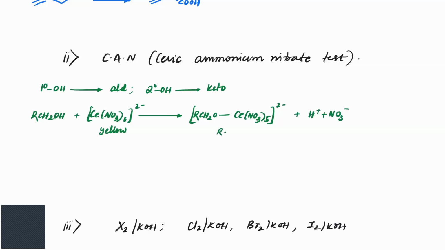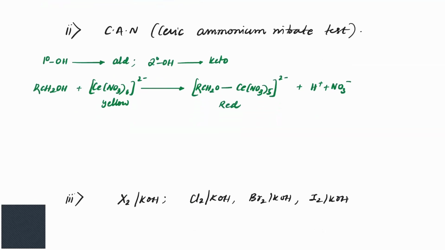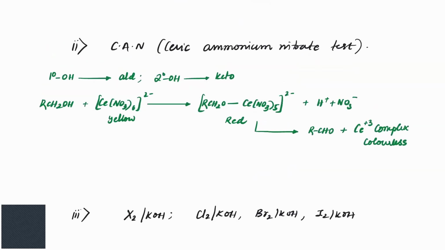Now this would be red in color. So the red color change itself suggests that there is an aldehyde forming. And from here, eventually it will get oxidized into the aldehyde. And the cerium plus 3 complex will be formed, which will become colorless. One important part about this reaction is 1 degree and 2 degree alcohols will give color. First, it will become red and eventually it will become colorless. While